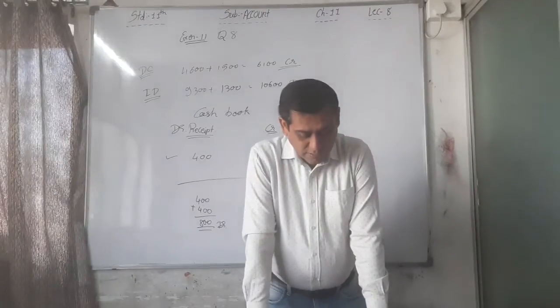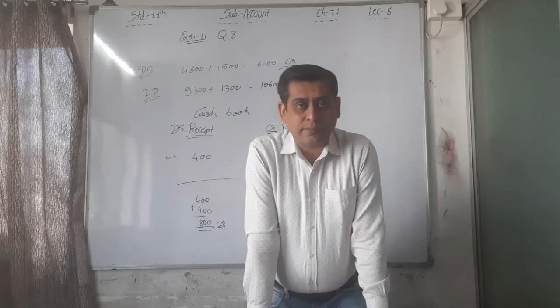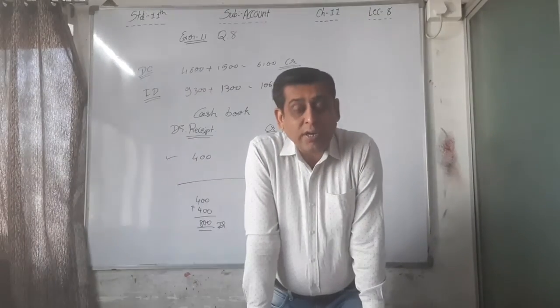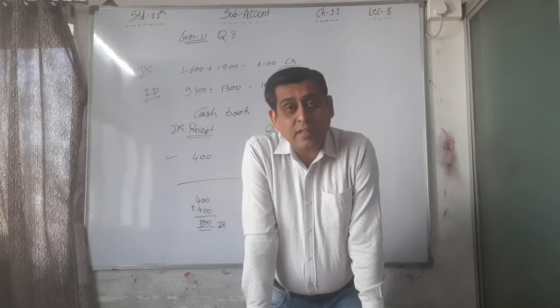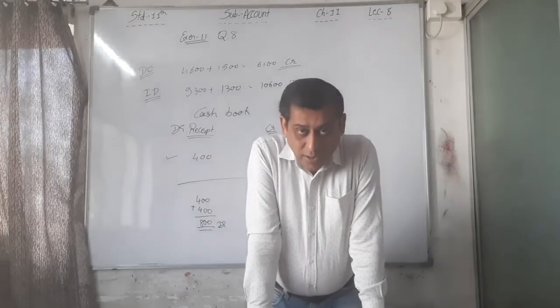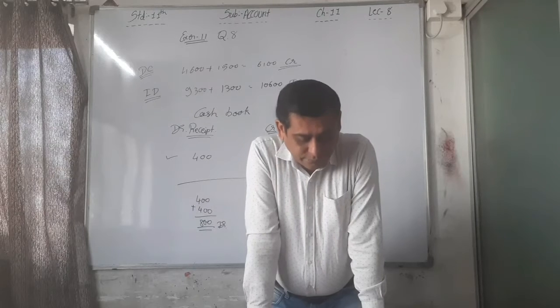That's why in the 7th point, 2300 is credited. Sales made through check, 2300, not recorded by the bank, recorded in personal account. That means not recorded in the business account, that is, not recorded in the bank. That's why DC, deposited not credited, credit.